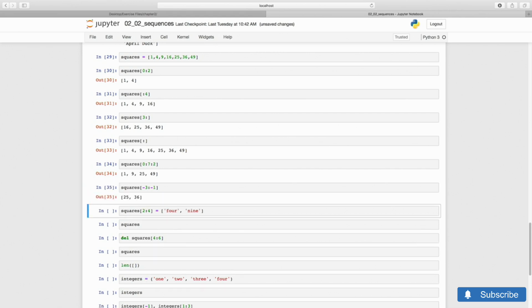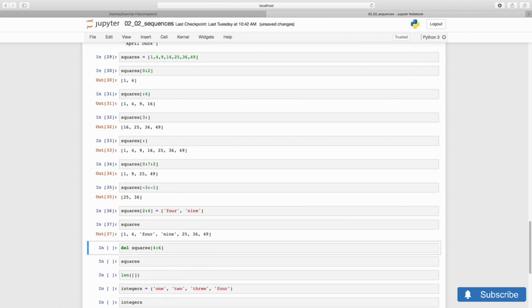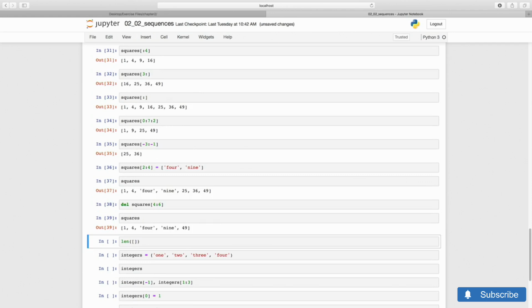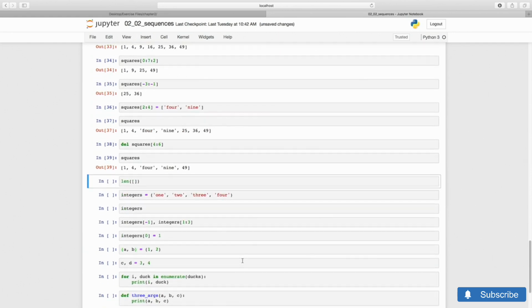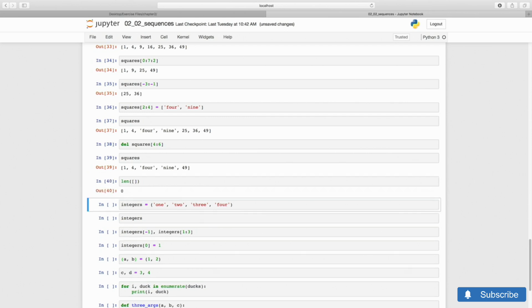Slices can also be used to reassign a subset of items, or to delete them. When we introduce NumPy arrays in Chapter 4, we will see that this basic slicing syntax carries over. So it's good to understand it fully on lists first. The empty list is written with an empty set of brackets, and obviously it has length 0.